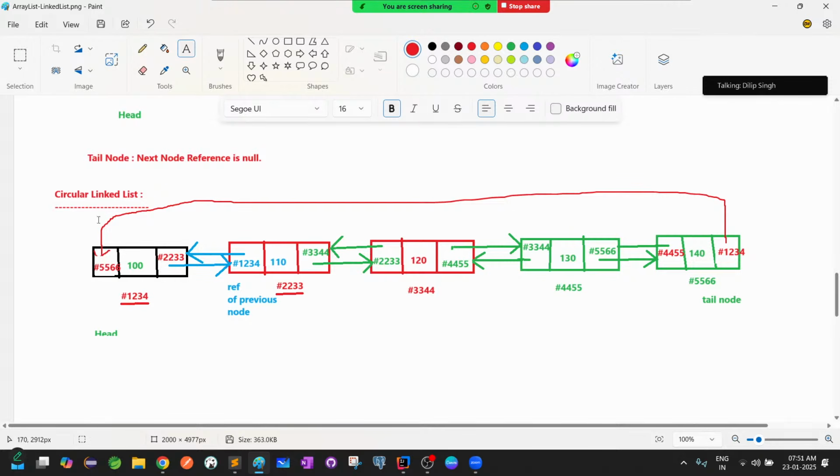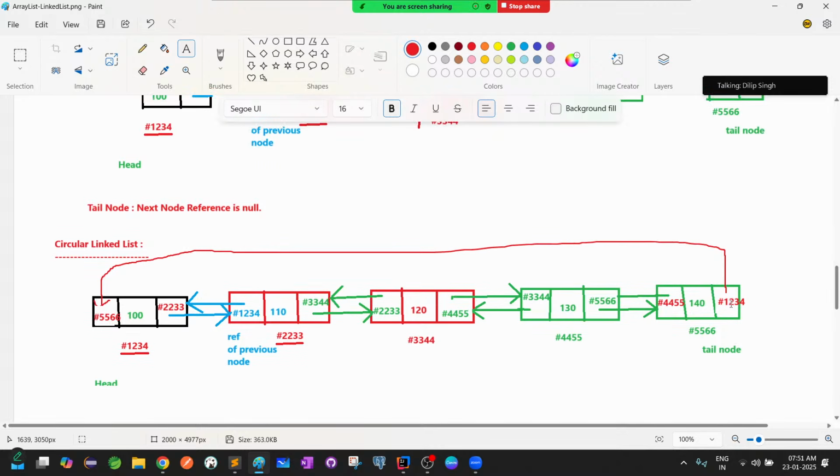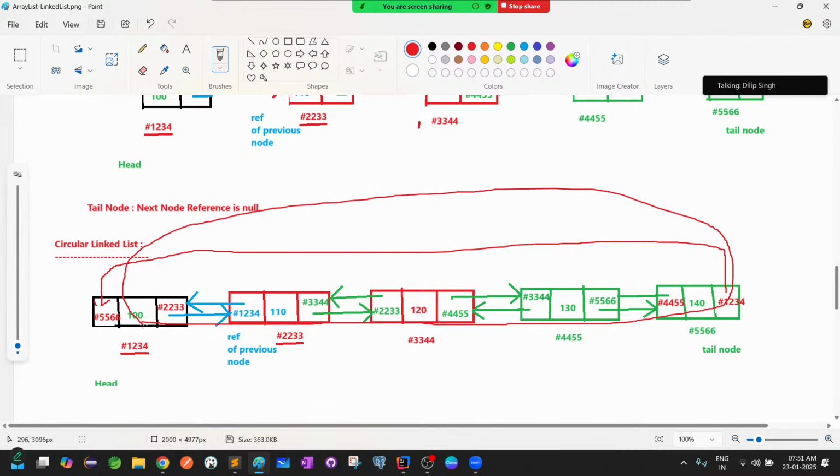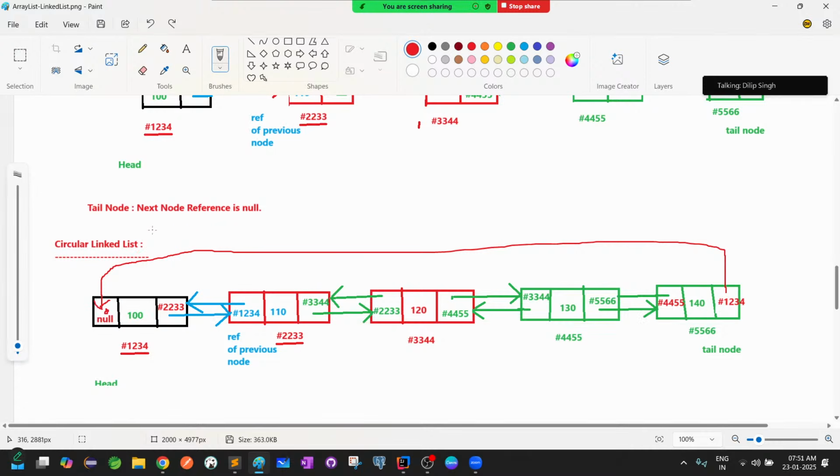If you observe this format, now what happened? It formed a circle. See, in this direction it started from the first node onwards. It went like this, came here, and again it is connected back here. So what happened? A circle is formed. So in this case, your tail node and head node,